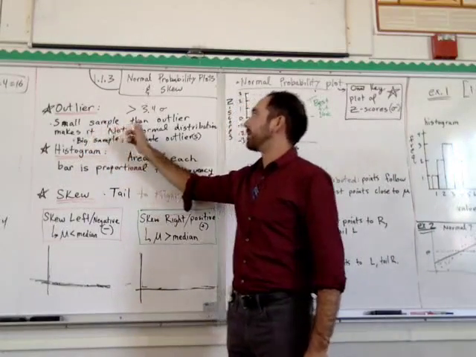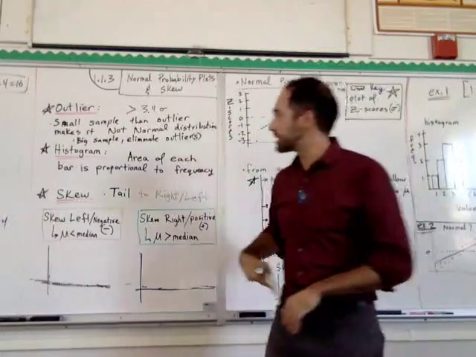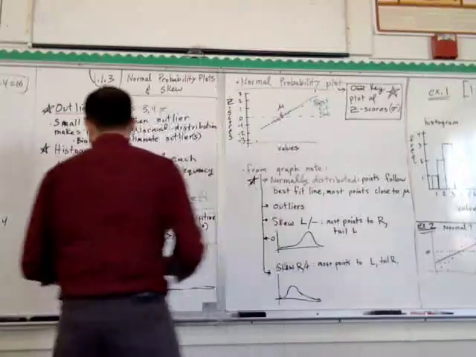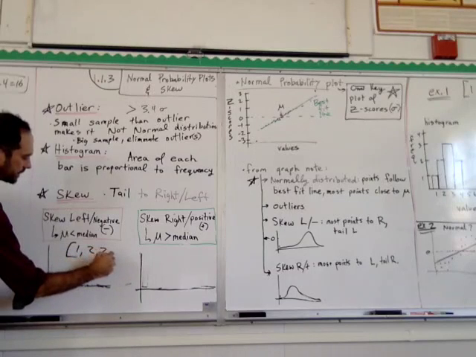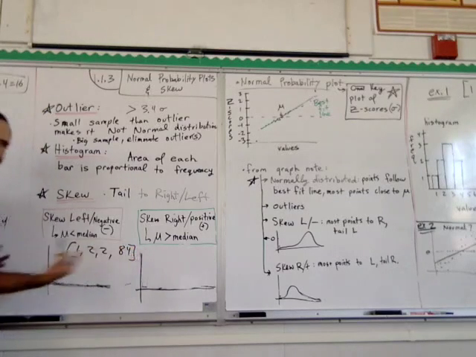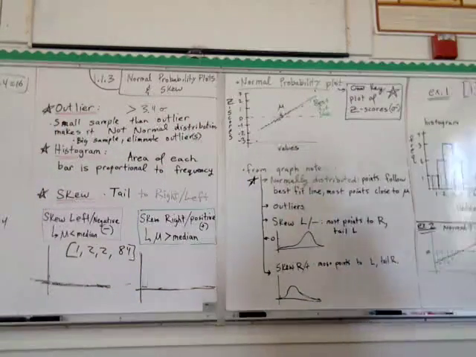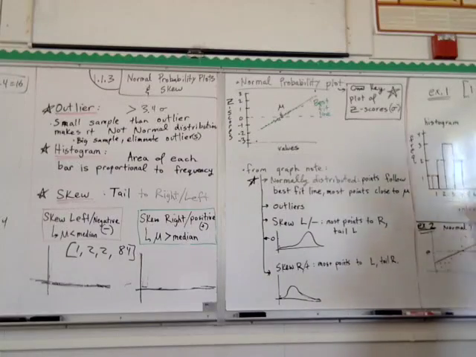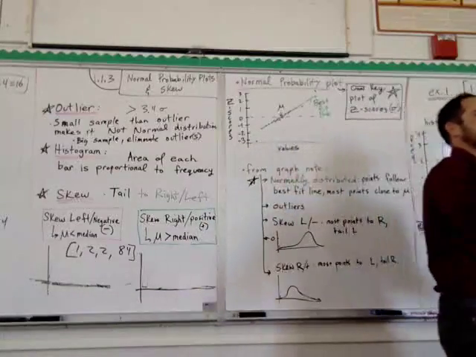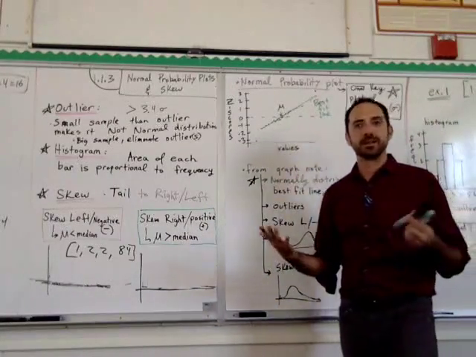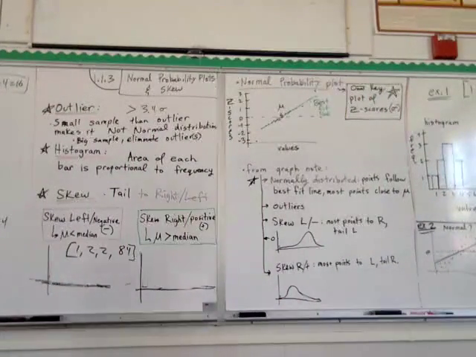If you have a small sample, then the outlier makes it not a normal distribution. So I want you to imagine this. If I have a set of numbers, and I have 1, I have 2, I have 2, and I have 84. Because there's only 4 values in that set, you can see there's no way you're going to end up with a normal curve. If instead of 84 it was 3, then I'd say it's a normal distribution, but there are so few elements that it's not going to be reflective of a larger population. It's just a very basic